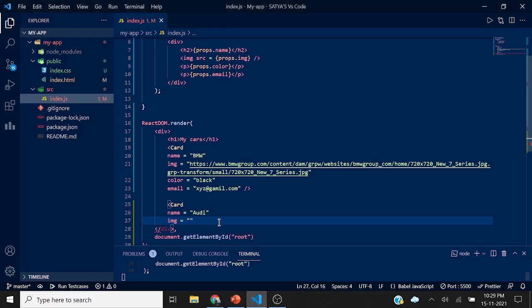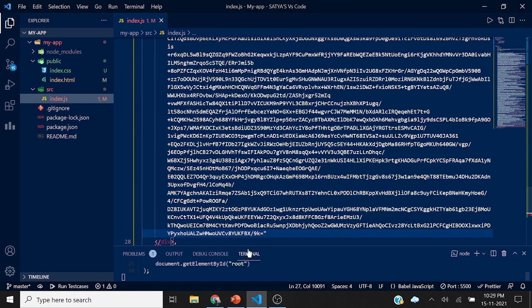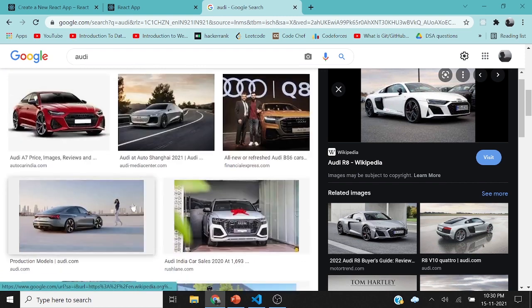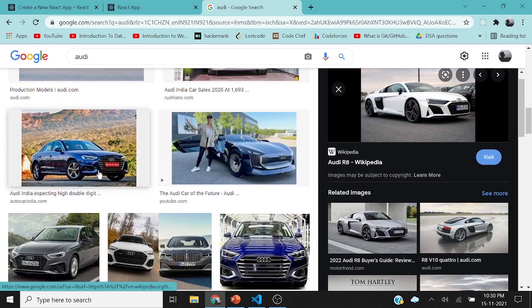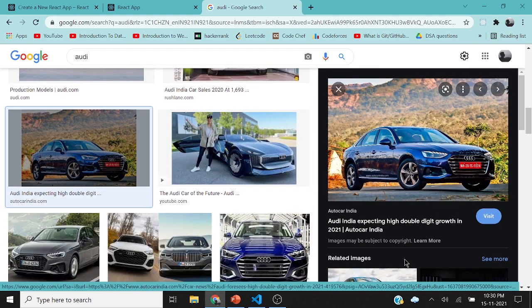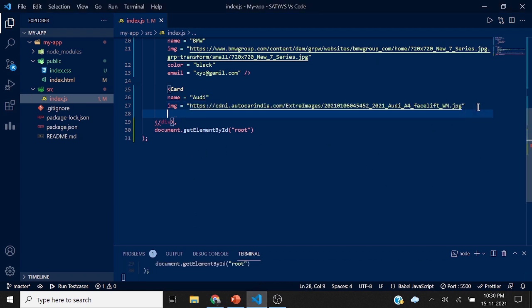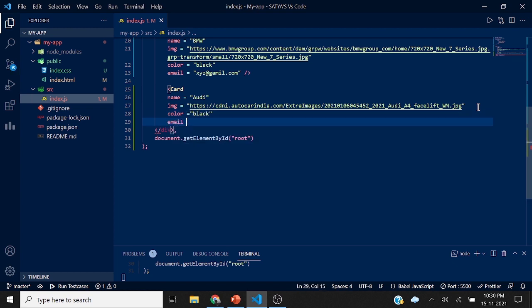Copy image address and I pasted it. I'll choose some other. Copy image address, I pasted it. Then next color, even this is in black. And email, I'll give the same email, xyz@gmail.com. So now we have created another card.